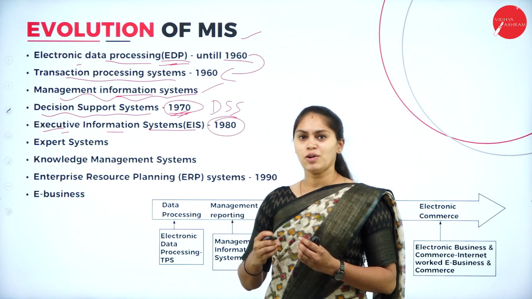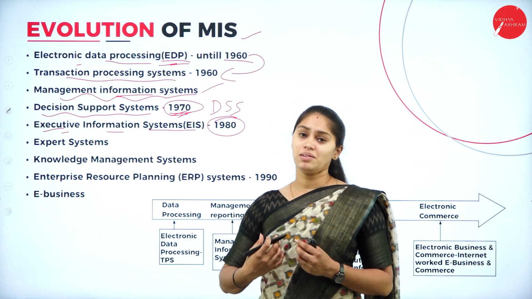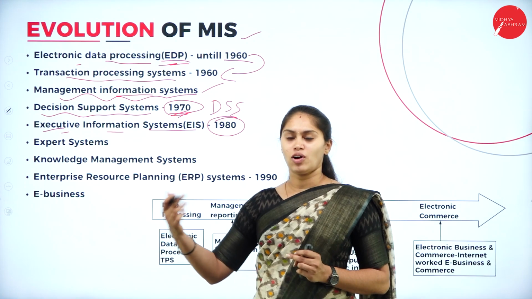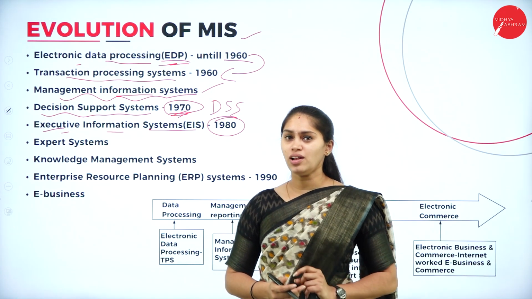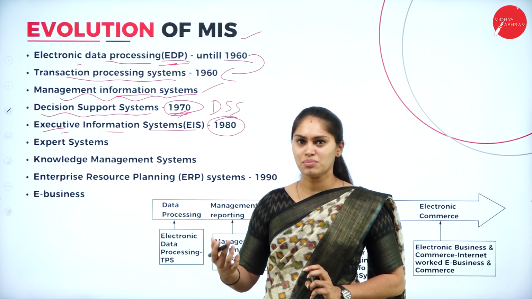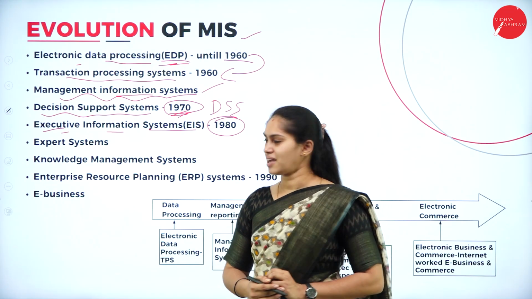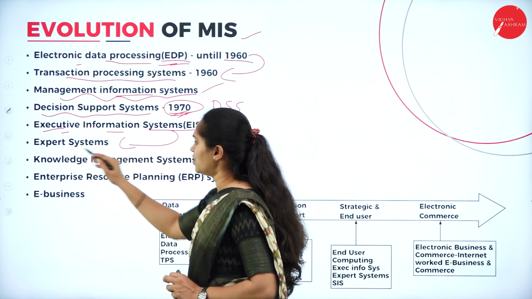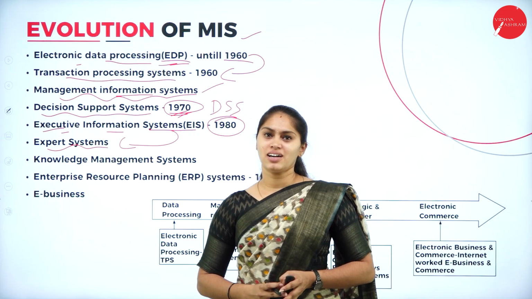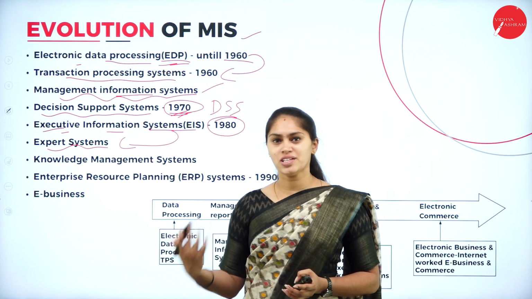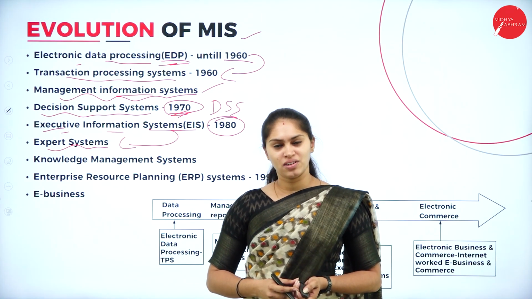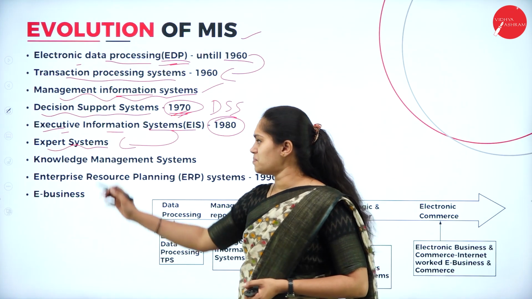That means it gives the assistance, or the instruction, which is helpful for the executive to make a decision, which helps take the organization, enterprise or firm to the next level in the market. After that, we have the expert system. I don't want to think, I don't want to take stress at that time. Then who is going to handle my business? Who is going to take care of my organization or firm? Then we have the expert system.